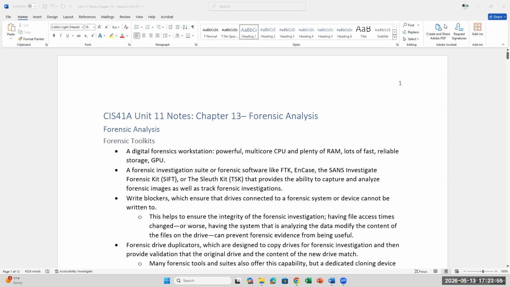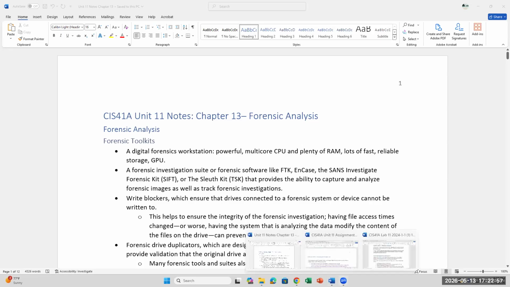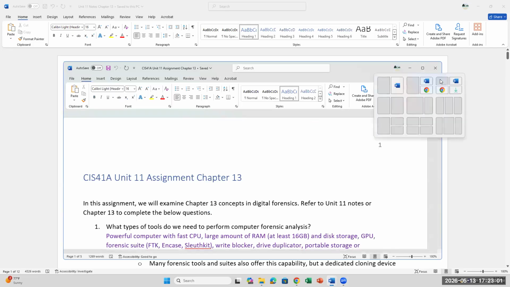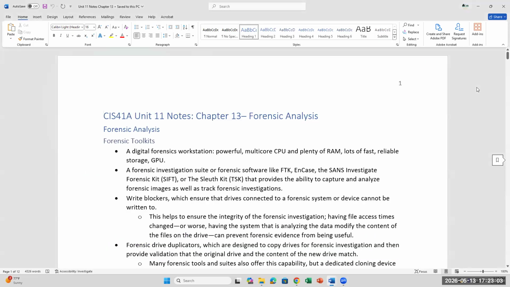So this week, we're going to talk about forensic processes. Some of this is going to be review for many of you who had taken CIS-27A a while back. It's going to run again in the fall. I used to teach it, but